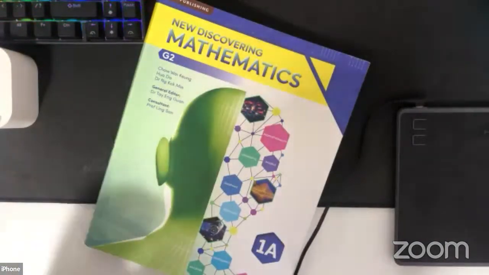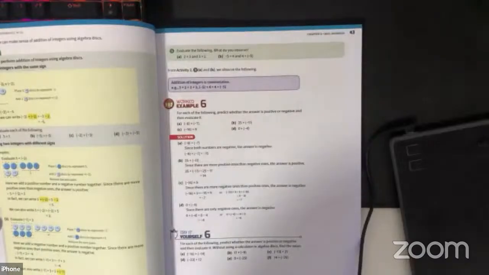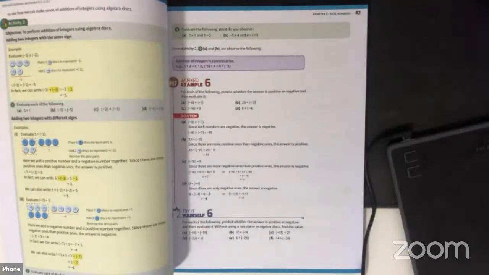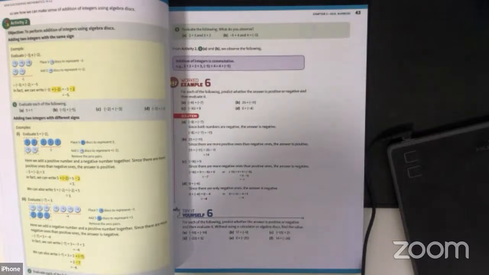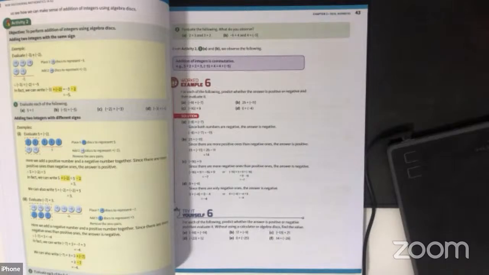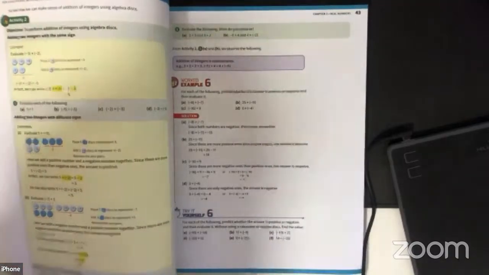Okay, good. So let's say you open this book to your homework. Now look at the video on your desktop. Your video is quite clear, but since the font is small, we cannot read it very well. Am I correct? Yep. That means if I screenshot this page, I also cannot see it. Now, why would I screenshot your page? Because then I can go to Jamboard and try to help you.